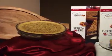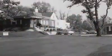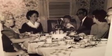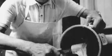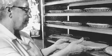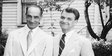Derby pie started back in the early 50s. My grandparents came in and were managing the Melrose Inn restaurant, and they developed the pie as their specialty item for the restaurant, their signature item. And once they came up with a pie that they liked, they went about to name it and actually pulled the name out of a hat in front of the restaurant one night after hours. My Uncle George, I don't want to leave Uncle George out, it was the three of them that started